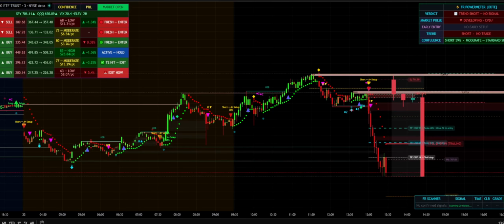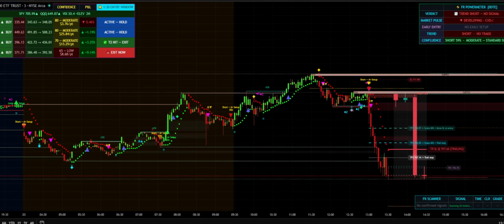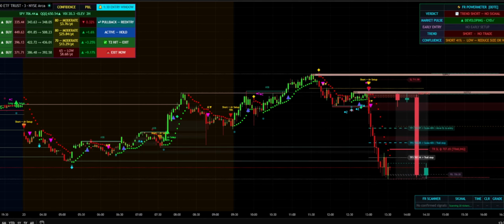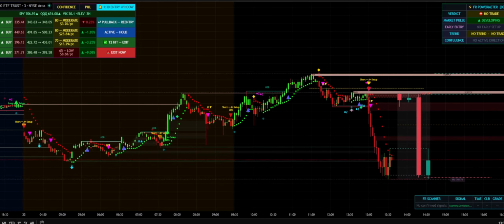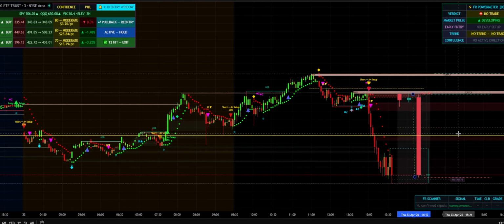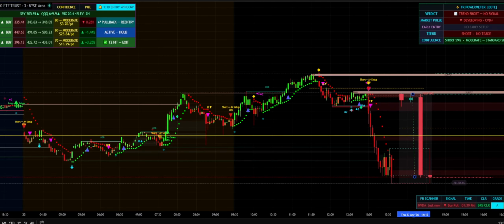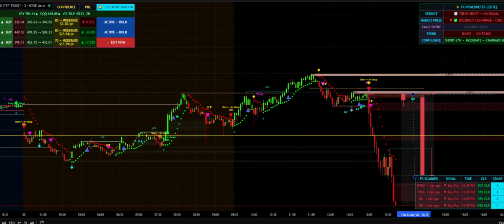So projection 1 moved down. That means this thing is still going down. So don't get panicked over that. So automatically the trailing stop moved up here. So if you're following the system, the stop loss started here and the trailing stop is here. So the trailing stop is taken out, but the trade is still valid to the downside. So because we're still all red that way. So we keep going down because the trend is still